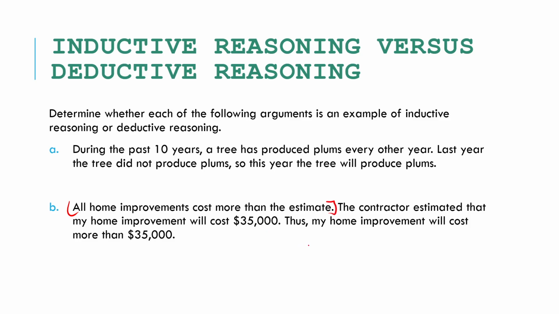So when my contractor estimated that my home improvement will cost 35,000 US dollars, the specific conclusion that I came up with is that my home improvement will cost more than 35,000 US dollars. So therefore, in this argument, we use deductive